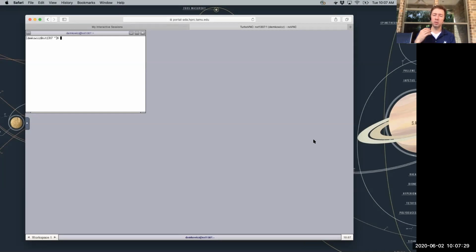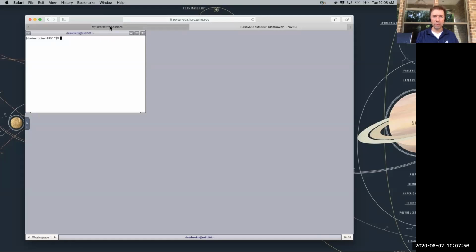And if you are going to be doing a lot of work at HPRC running these kinds of command prompt applications, then I definitely do recommend that you get that installed. But for today, this is going to be more than enough. And if you don't mind using this kind of interface for your work, then you can also just use this on a day-to-day basis for everything.